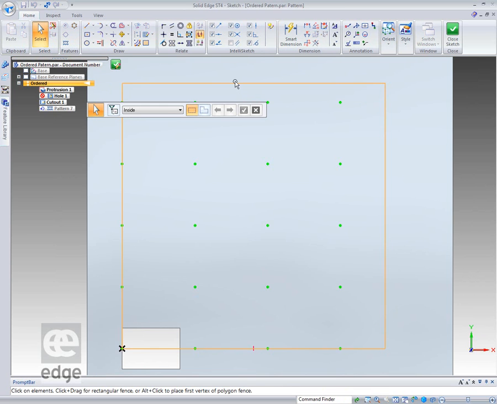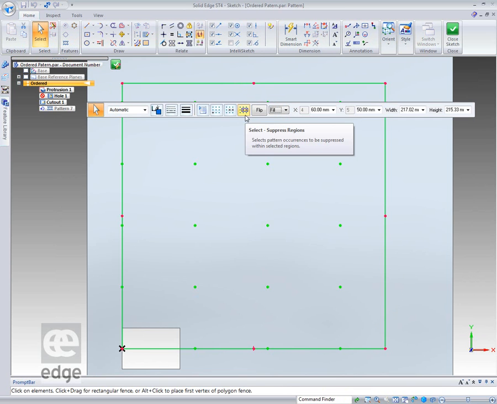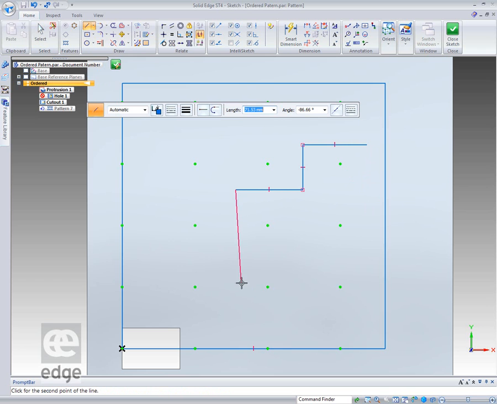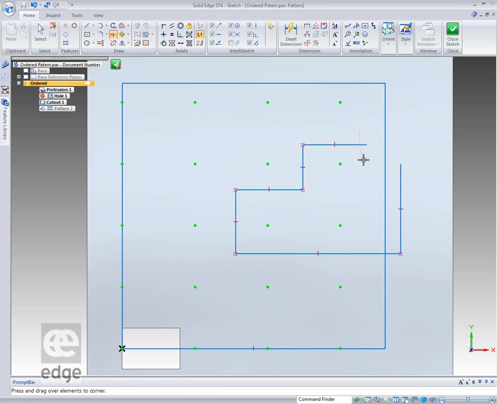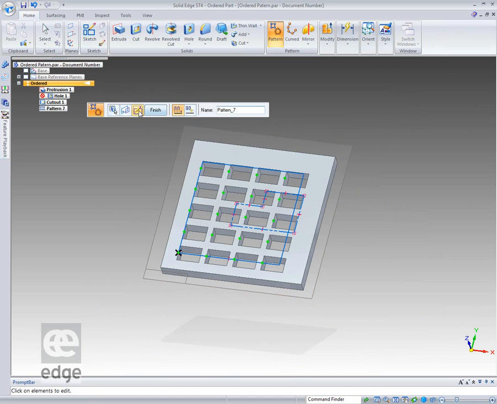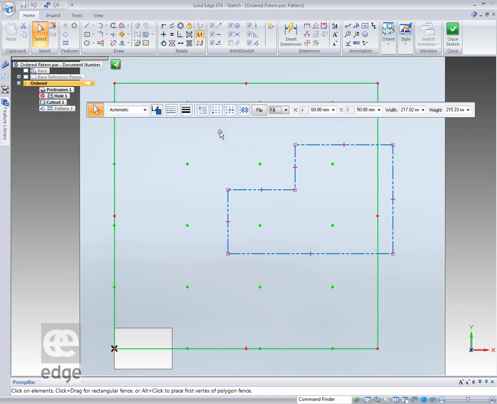There's another option I can do in here, and it's this one. This is suppress a region. I've got to have a region drawn first, but I just need to draw that with a sketch. So I might have something like this. And we just trim those together. I've got that region drawn on there. I didn't need to go all the way out. We just go back to here, click on